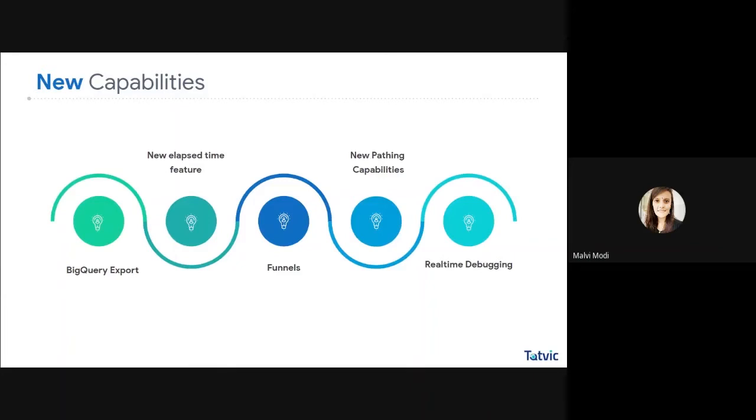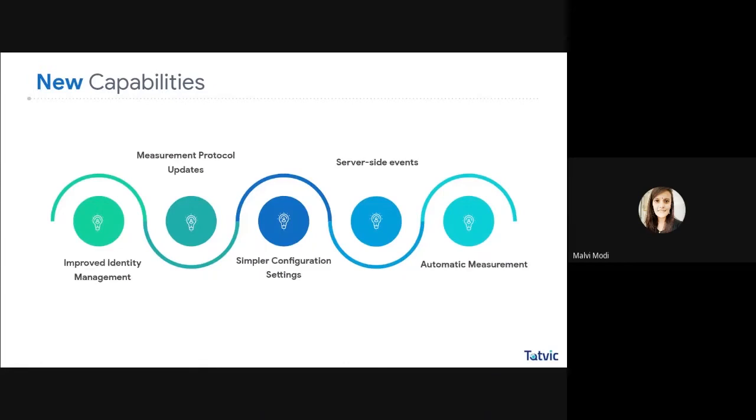There are some other capabilities as well, and we are not going to stop here. The next few capabilities are improved identity management, which is nothing but the cross-device reports that we just went through. We have measurement protocol updates. We have simpler configuration settings. We have server-side events. We have automatic measurement. There are different capabilities, and one of the best features that I would like to highlight about simpler configuration settings is